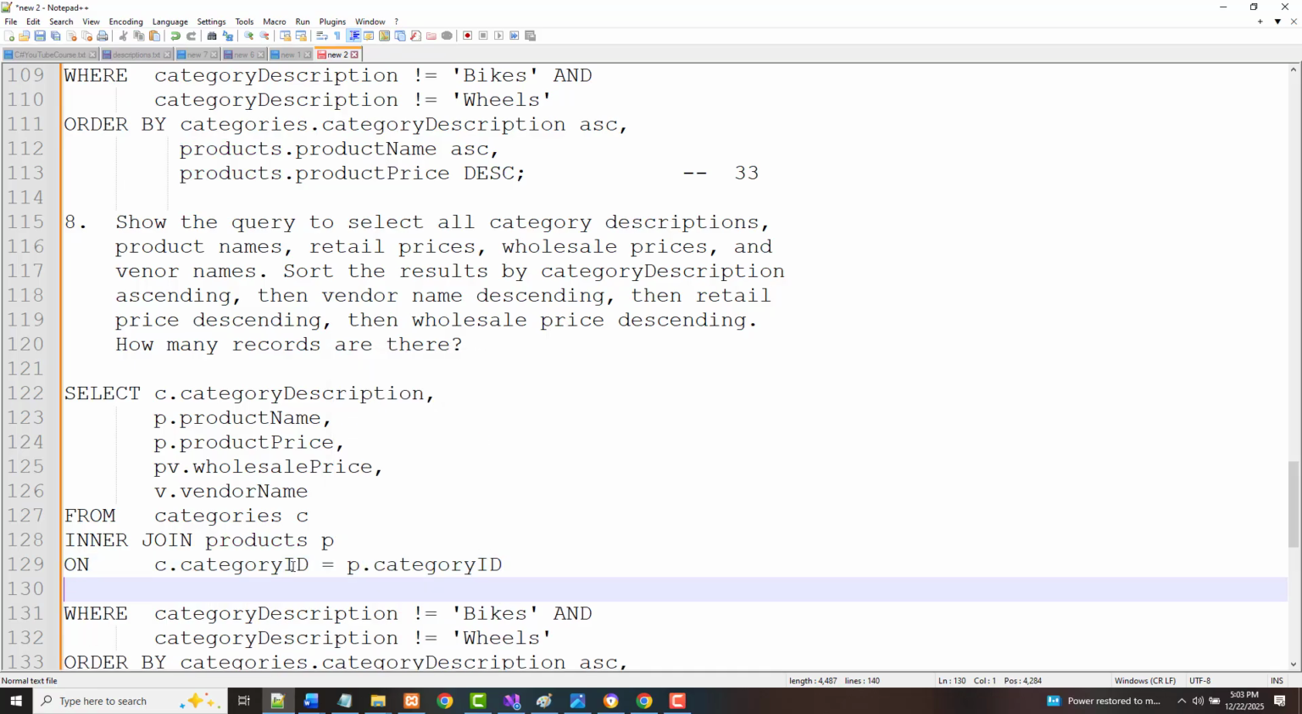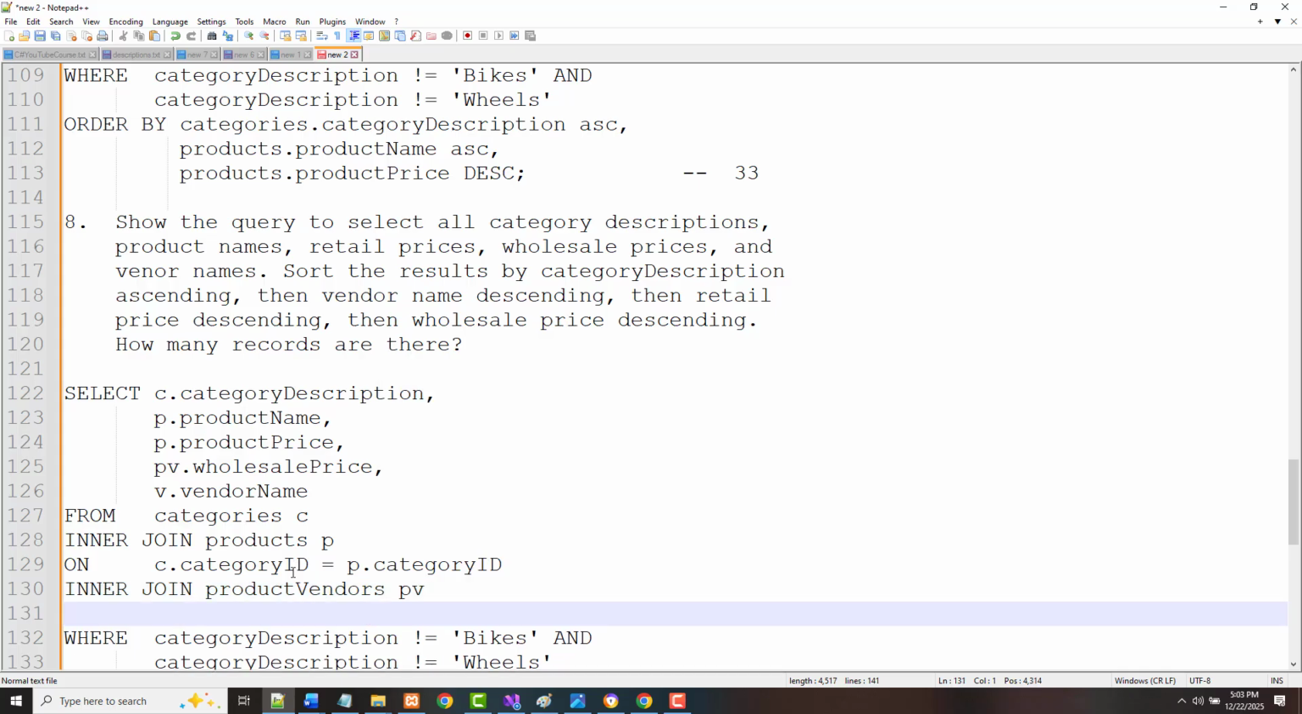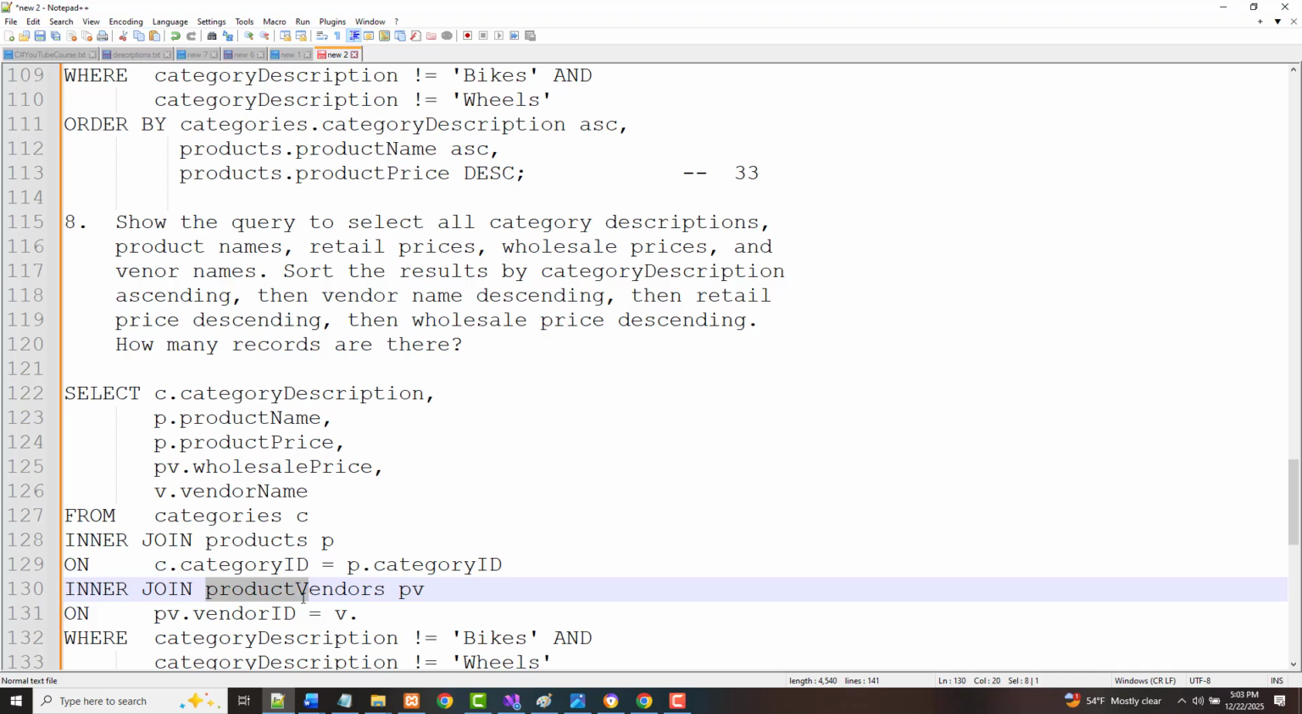but we're not done. We want to do another inner join on product vendors, and remember, that's PV, on PV dot vendor ID equals V dot vendor ID. This is just vendors. V on,